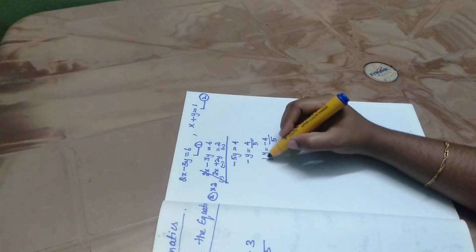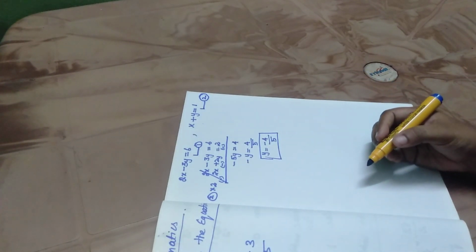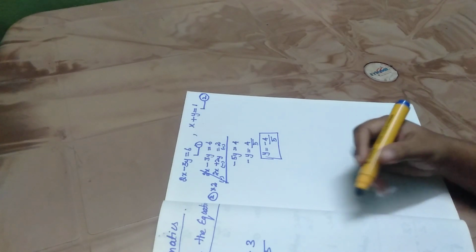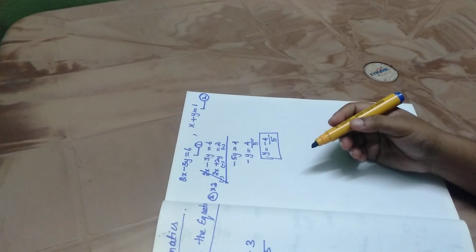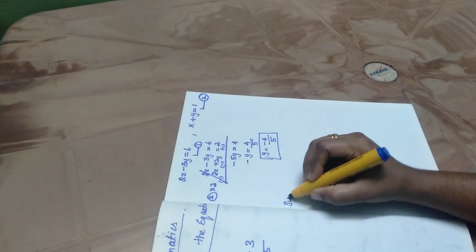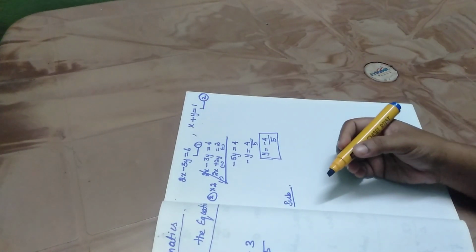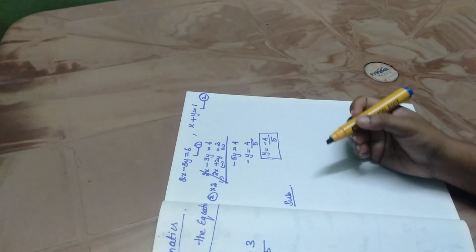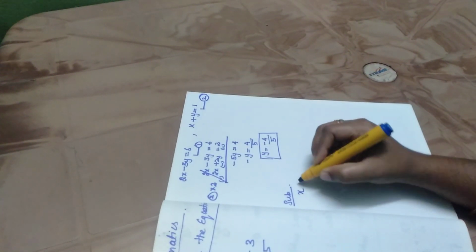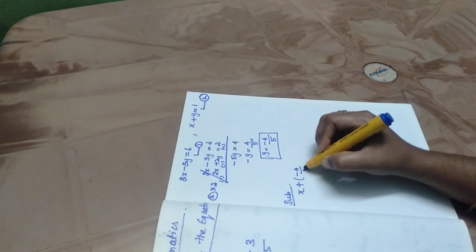Okay. Now substitute it. Either you can substitute, otherwise once again we can solve the equation and find out. Okay, so now let's learn by substituting. Substitute the y value in the second or first equation. Let it be easy then. So substitute in the second equation. So x plus y, y is equal to minus 4 by 5.